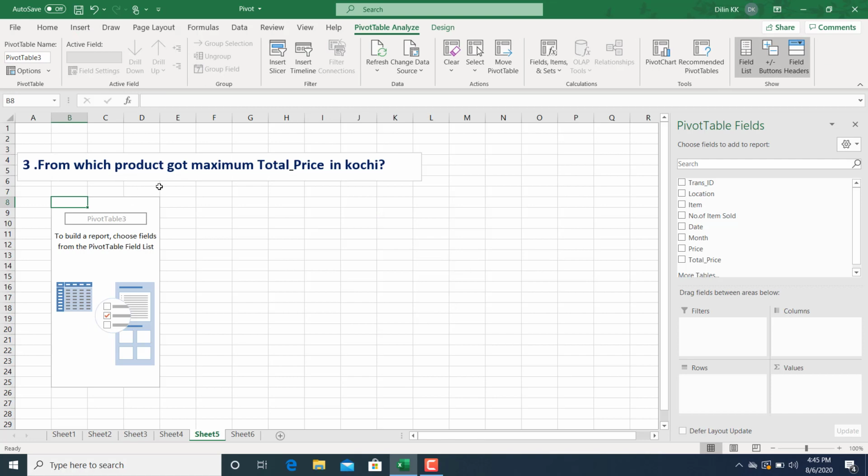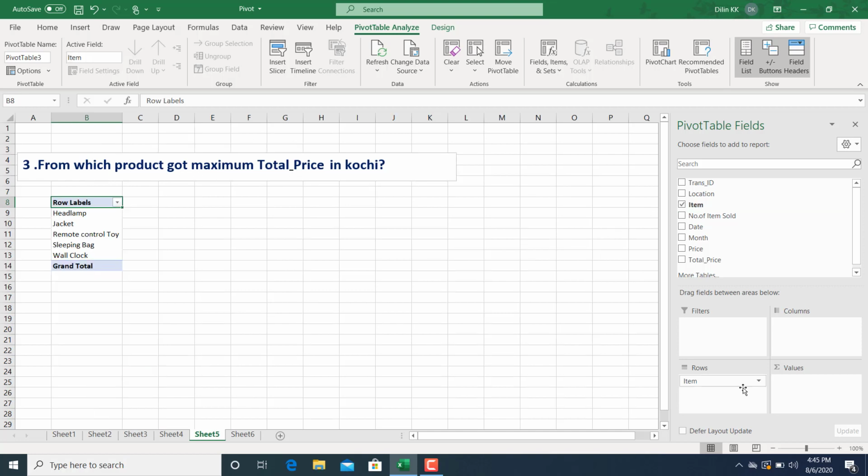The location is filtered, and we want to know which product got the maximum total price. So we need the product or item. Place it either in rows or in columns; it depends on our readability. And total price is placed into the values area.